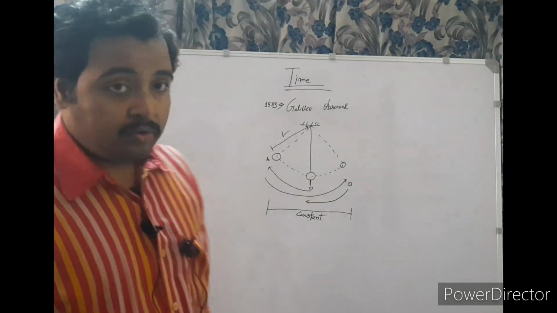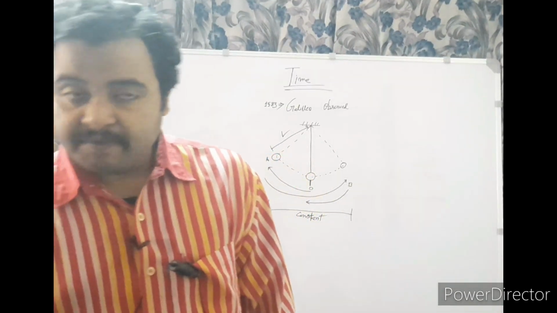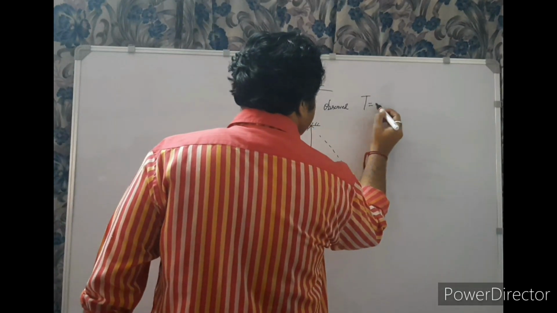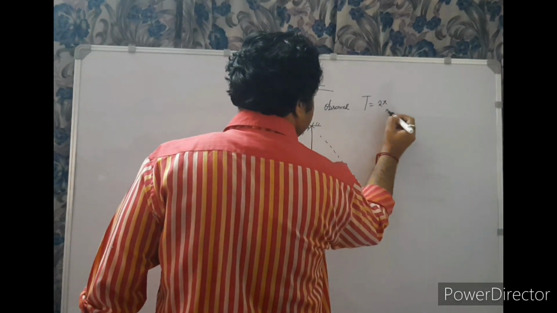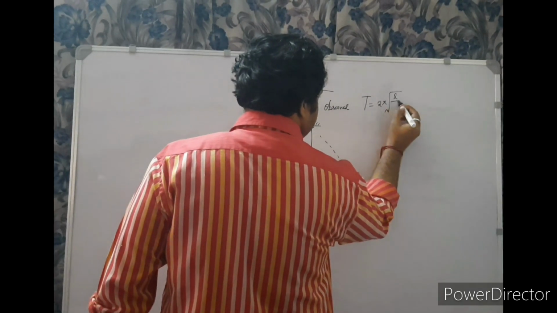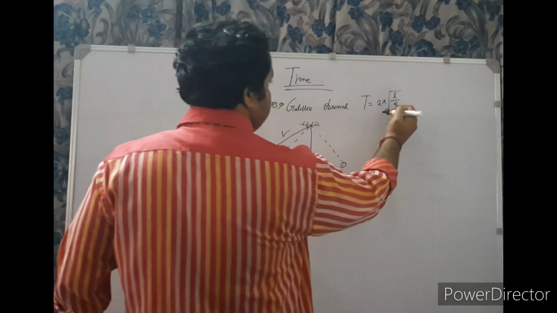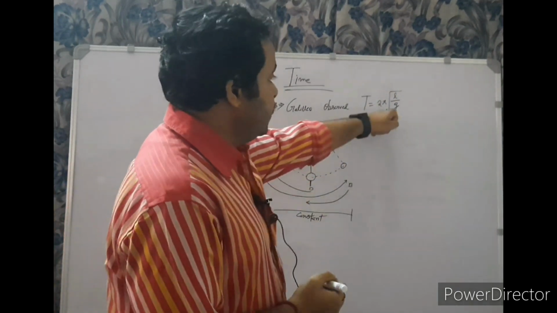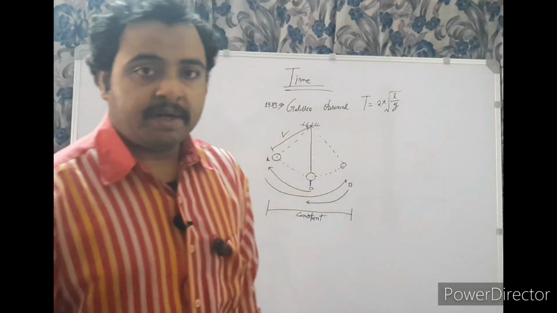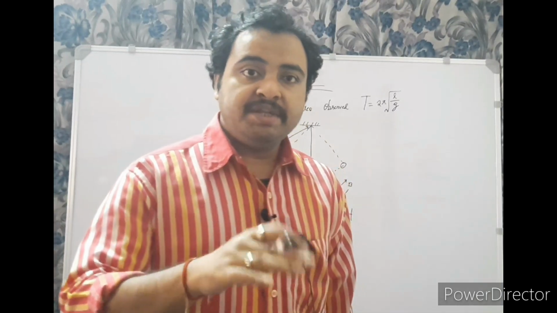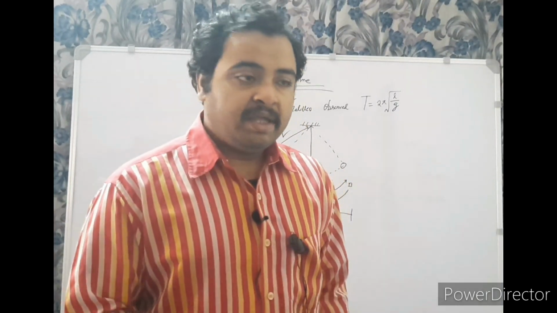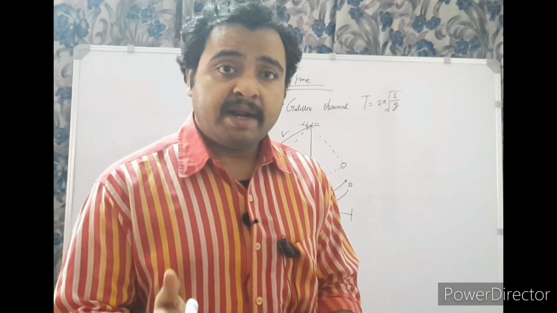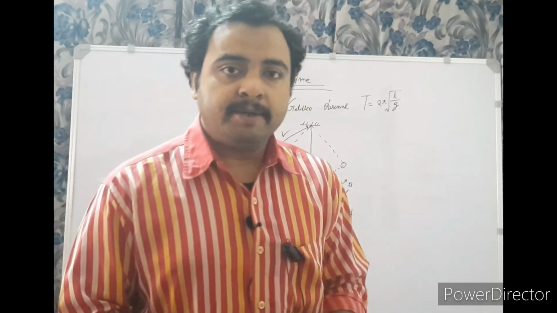But we know that after that, the formula of time period was formulated as 2 pi root over L by G, and it was seen that the value of G is not constant. It changes due to the change in the height of terrain, meaning if G is measured on a plane, it will be different than the G measured on a mountain.